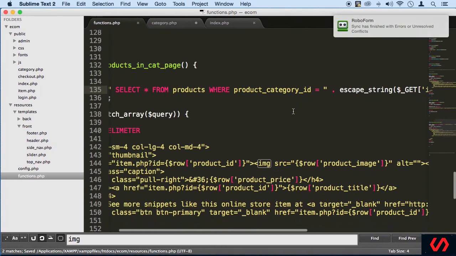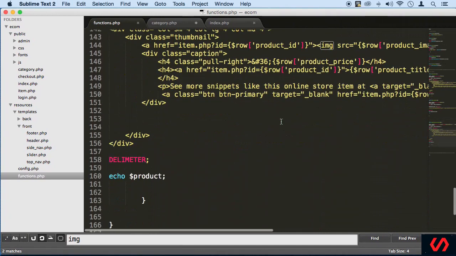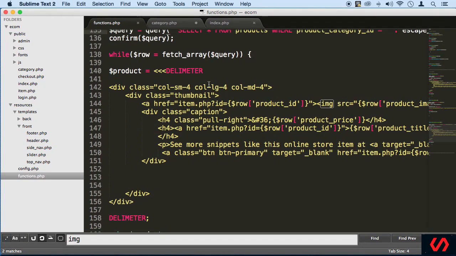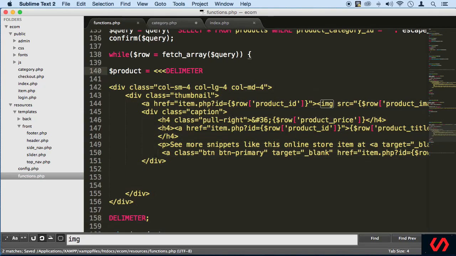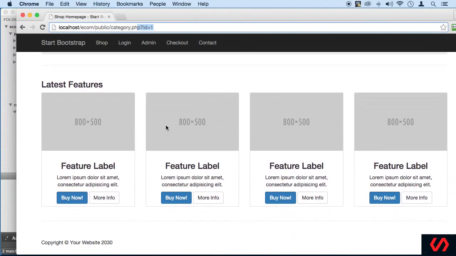So we're escaping that, and we are actually displaying everything there. I think that's it. The only thing here is that we're going to be displaying all the HTML, right? The same that we got in the home page. We don't want to do that right now. Let's go back to our category, and we can see here that we're displaying